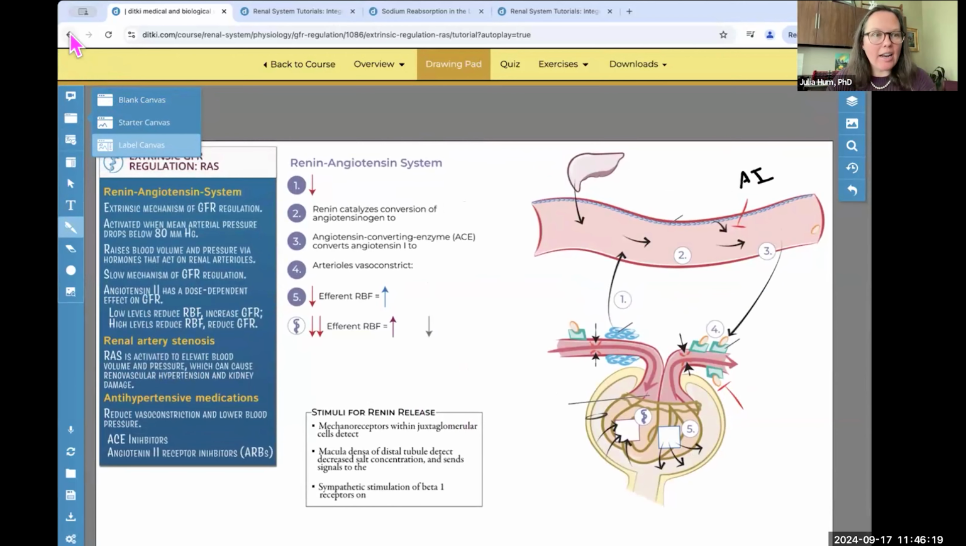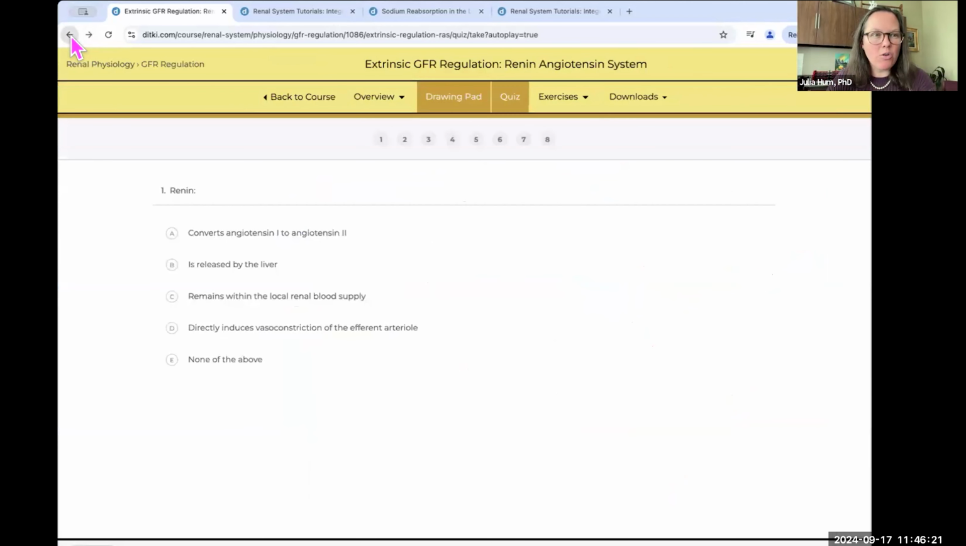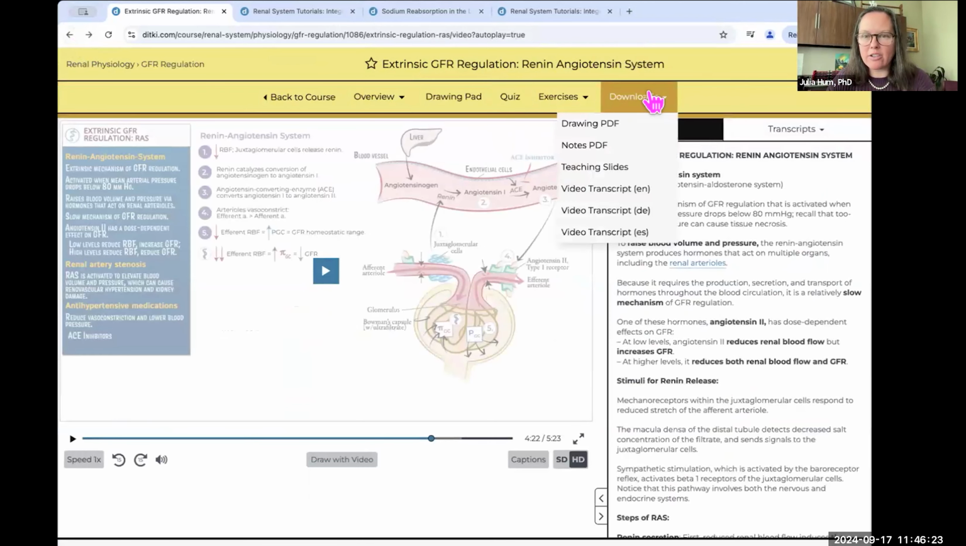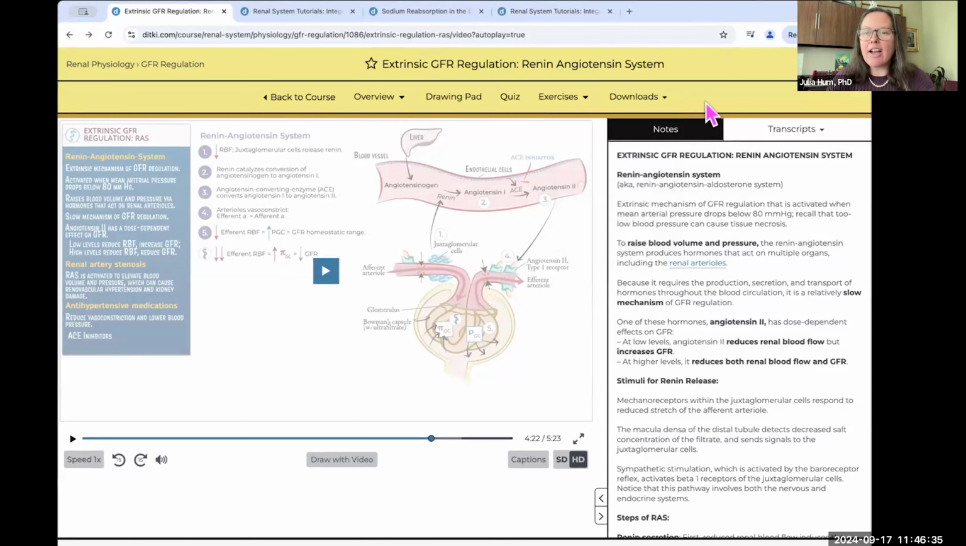Let's go back and highlight those features. So if we go back, there's a downloads option here. This is where you would navigate to if you wanted to download the drawing or the teaching slides, I find those to be particularly helpful. I've gotten feedback that some students just like to be able to also read the text alongside of these tutorials. So you can see